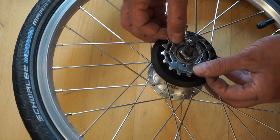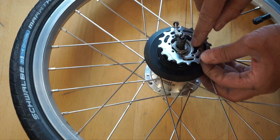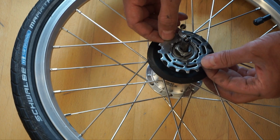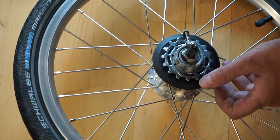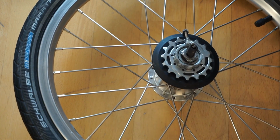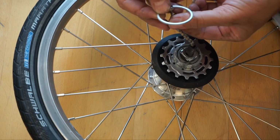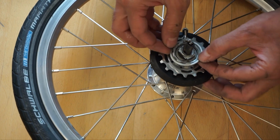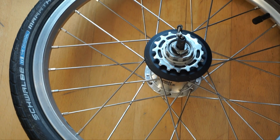This takes a little wiggling. You can see there's a wider one here, and that's what we need to find. That's it. That's in. So next goes the spacer, which fits in above that. Pop the spacer in. It should slot there. Then 13